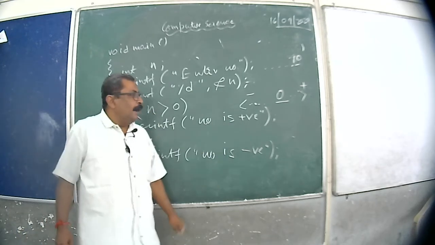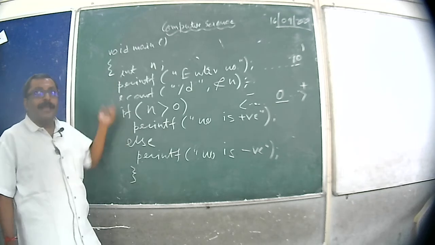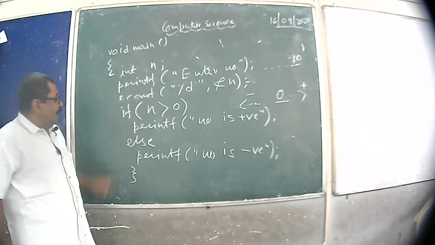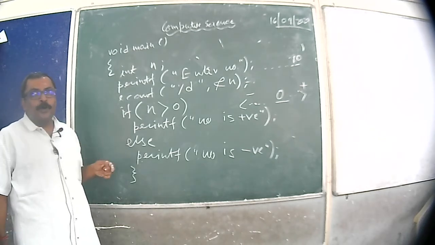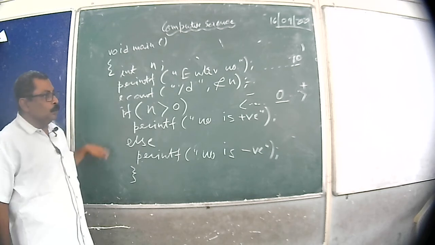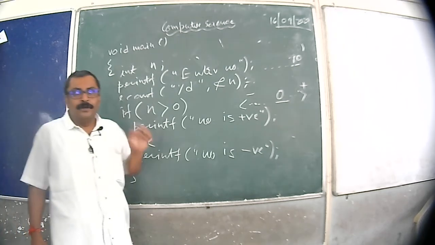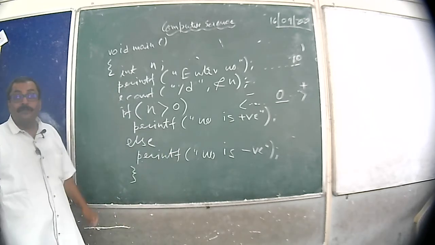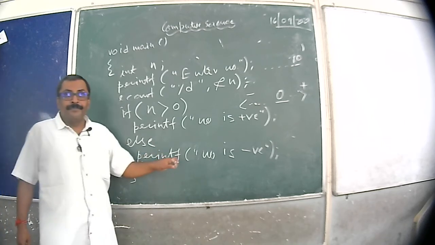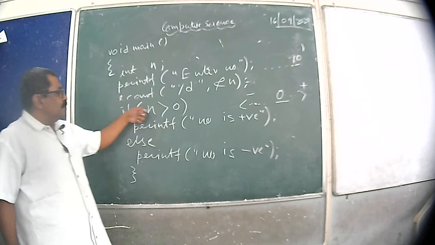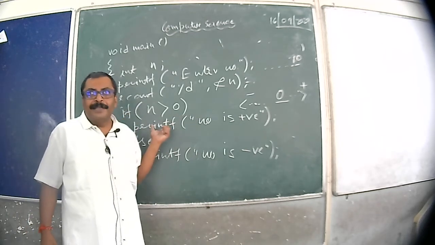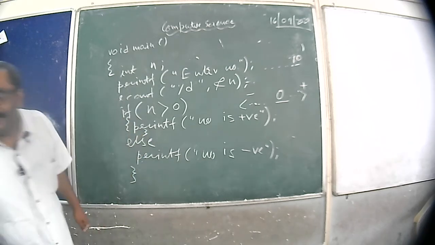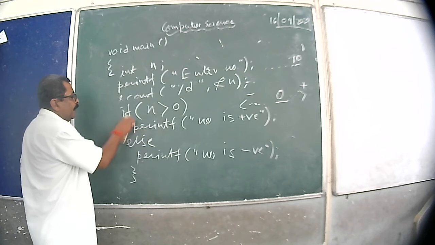That is not very difficult, but there is a point to check from the last program. If you compare the last program and this program, which thing has been missed? One thing, braces. In the last program there were total 6 braces, including open and close. Here there is only open, another is close. Why are the other braces not there? Does that mean it is wrong? No. Here, if n greater than 0, printf number is positive. I have not given the open and close braces like that.